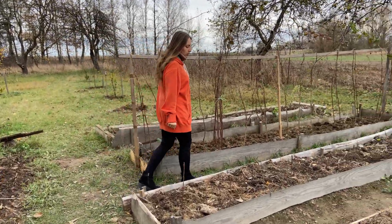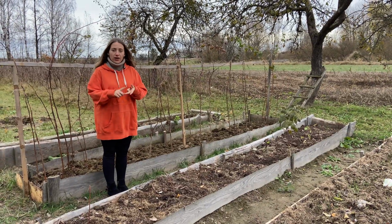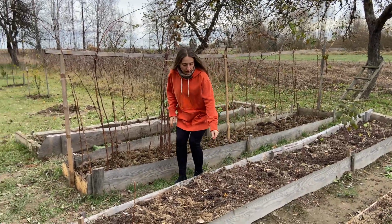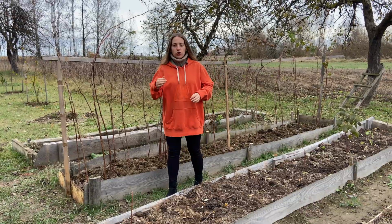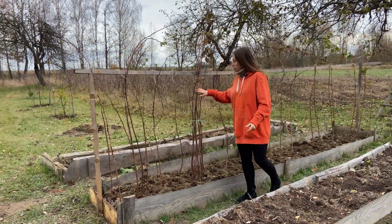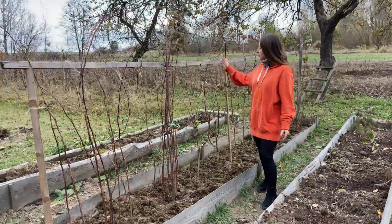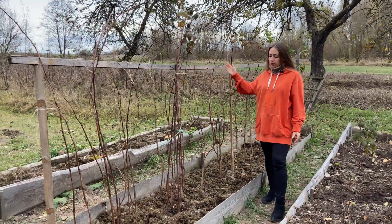I'm getting more and more interested in different varieties of raspberries, of early crop, of late crop. Here we're going to have raspberries of late crop. That's why we cut them like this, because they're going to provide their harvest closer to autumn on the stems of the first year. That is of early crop. That's why we do not cut them to the ground. We just leave them be like this, and they usually provide their harvest on the stems of